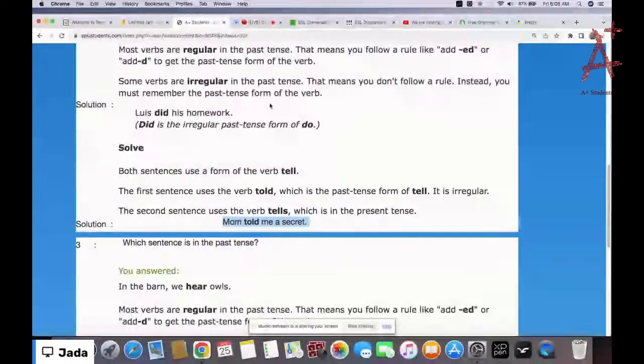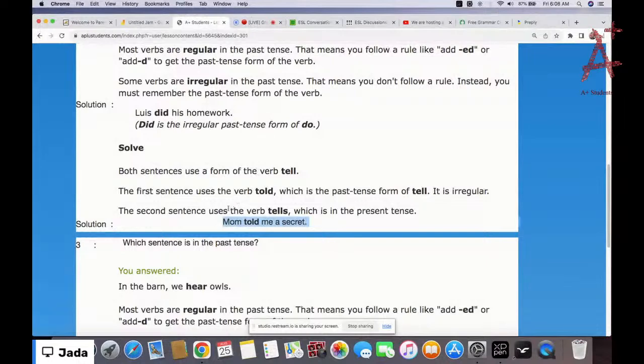So that's how it is. It is different from the regular one that has ed and d. Rather, the irregular past tense is on its own. And yeah, it just stands on its own. You just need to be able to remember that, oh, this one is irregular. It's not like the normal